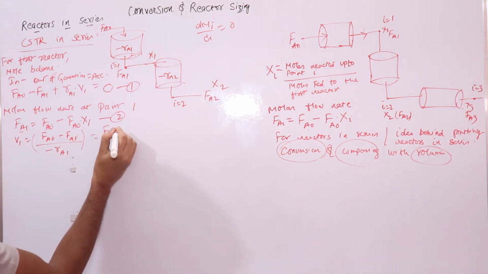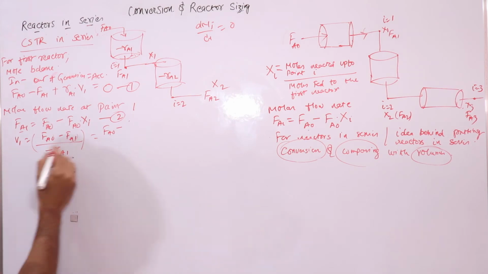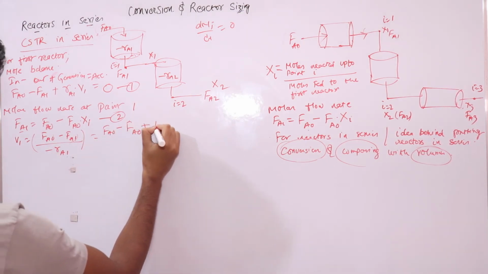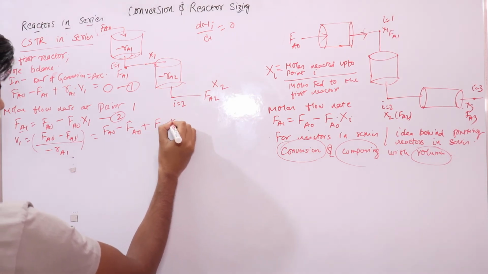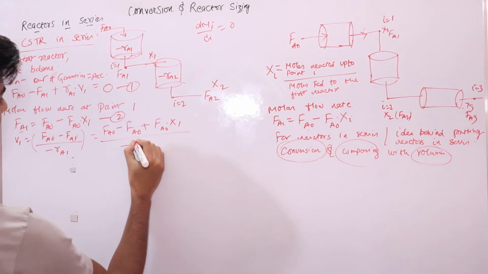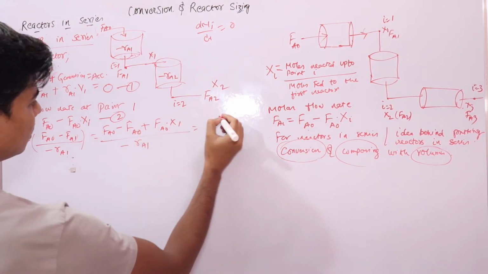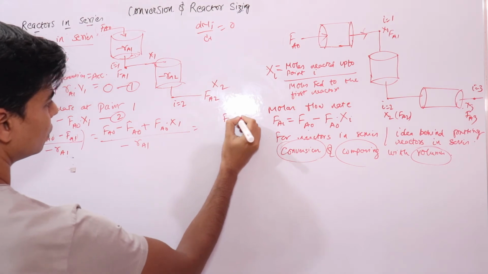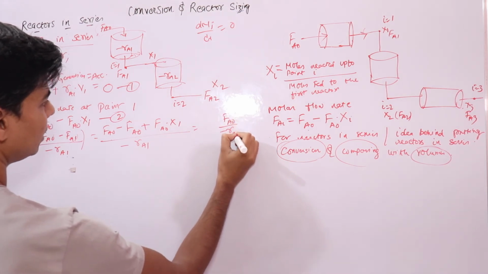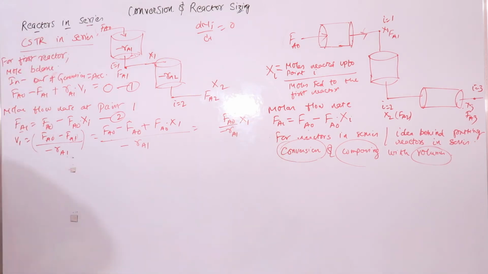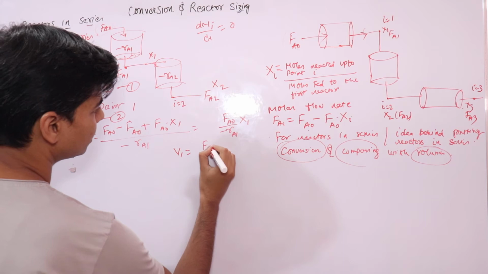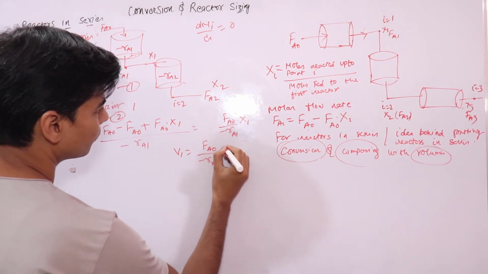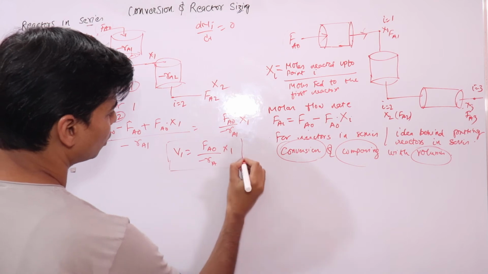It would be FA0 minus FA0, this would be plus FA0 X1, divided by minus RA1. This would be FA0 upon minus RA1 times X1. Right, so this is for the first reactor,